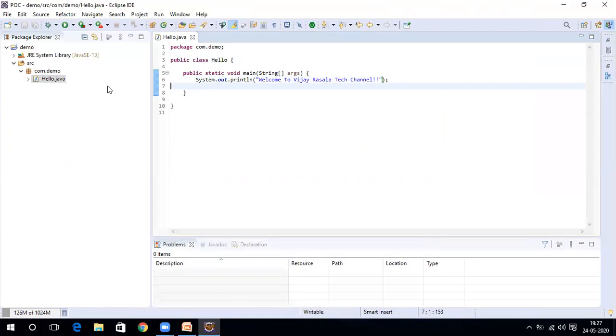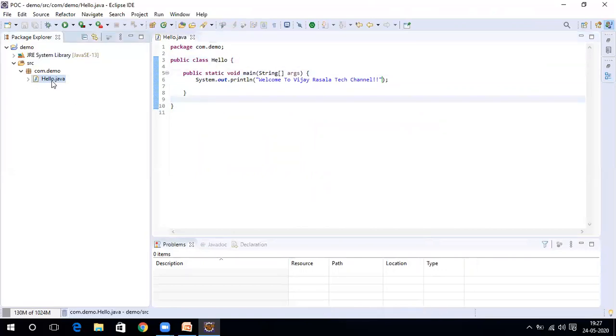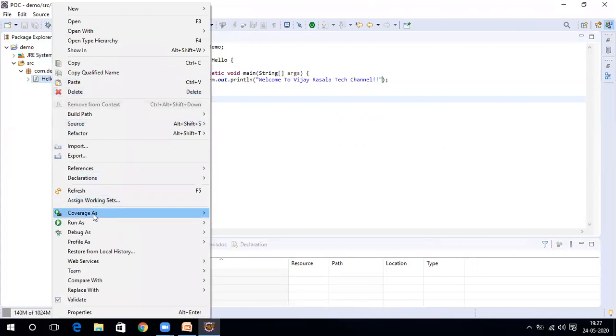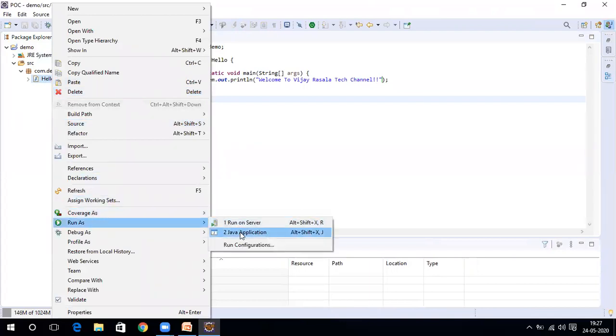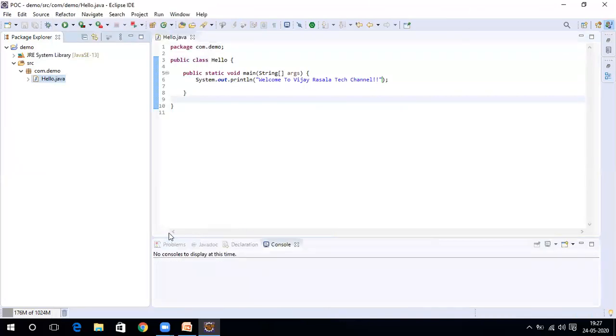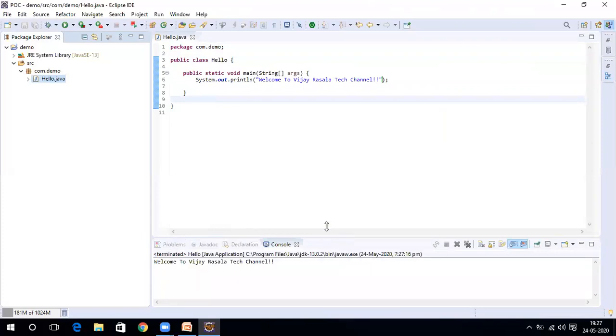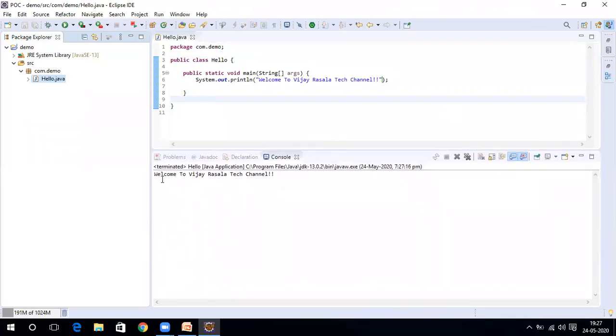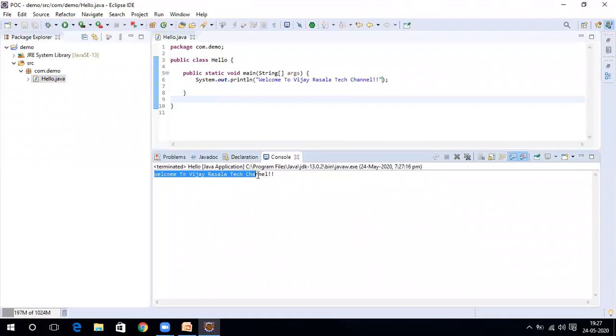It is going to save in this file. Now how to run this program? To run this program, just select this file, right click, Run As, Java Application. That's all, you see it in the console. What is the output you see? Welcome to Vijay Rasala Tech channel.